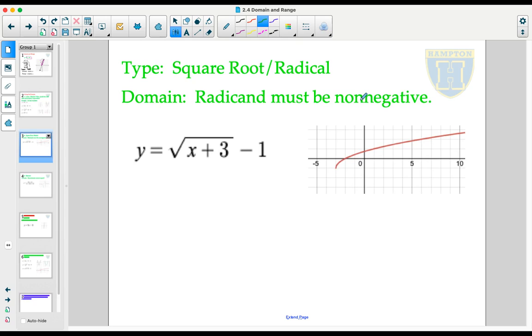Where we run into some issues is those functions where there is some disqualifying characteristic. One of the ones that we looked at in the last video was y equals the square root of x plus 3, minus 1. You could imagine what that would look like if you were to create a table of values. If x was 1, we would get that y was 1. If x was 6, 6 plus 3 is 9, the square root of 9 is 3, we would get y is equal to 2. And we could create a series of values, but we would realize very quickly that there were certain